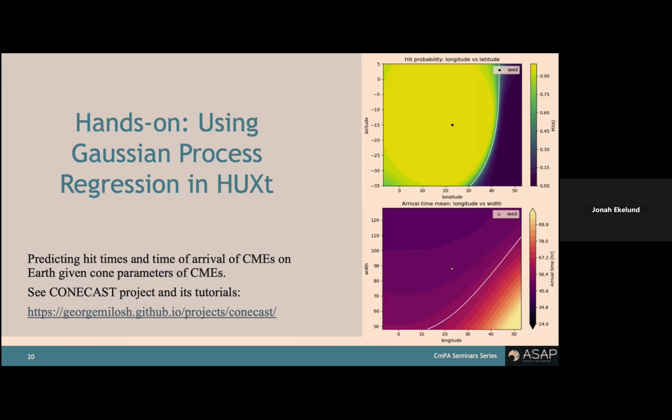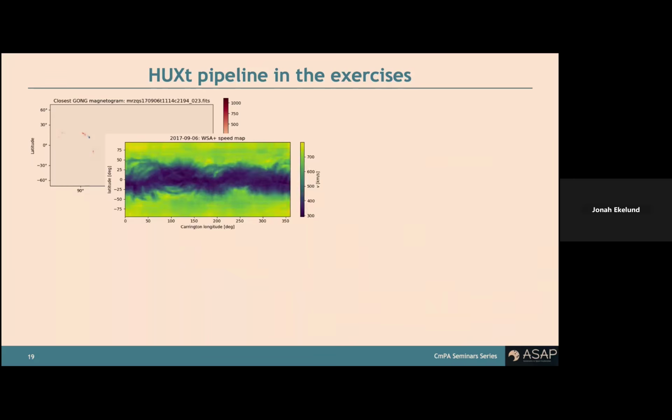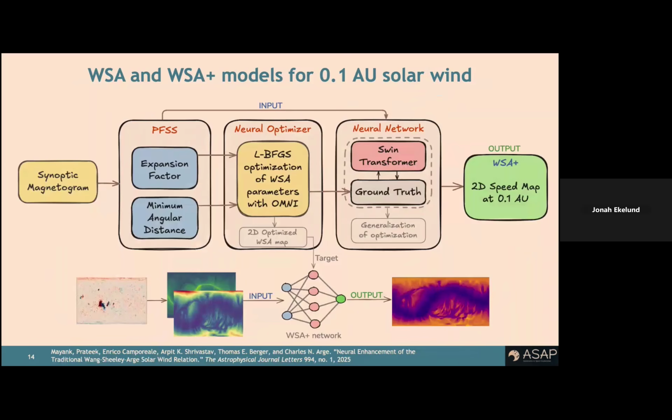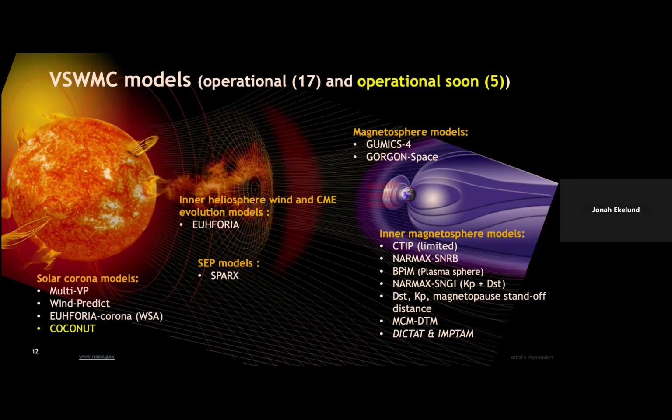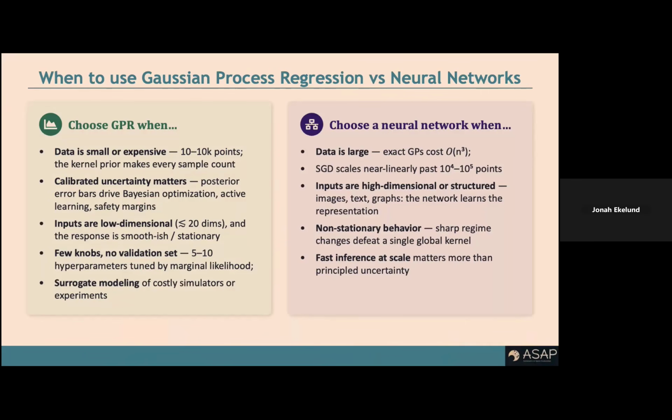Yeah. Isn't Gaussian process very slow when you are trying to sample a large space? I mean, it is going to be slower than any of the neural networks or any of the machine learning methods. Yeah, it is going to be slow. As I was mentioning, there is a trade-off. So if you have lots of training points, but we have 300 training points in this case. I mean, if you have below 1,000 or something like this, here I think it says, where was that? Yeah, here it says 10,000 is kind of a ceiling. So that's where you would use that.